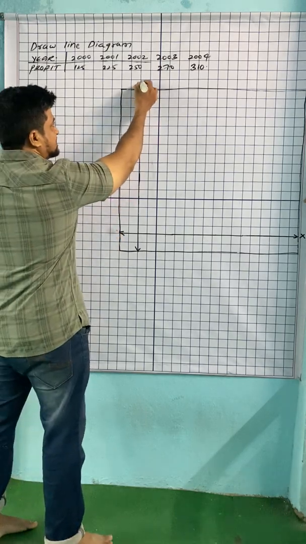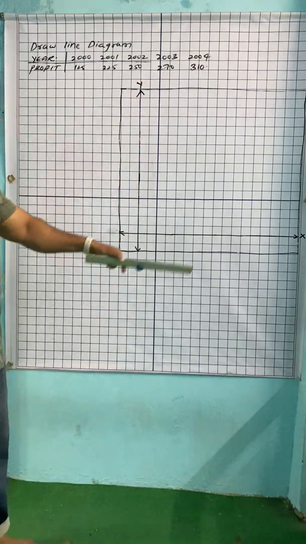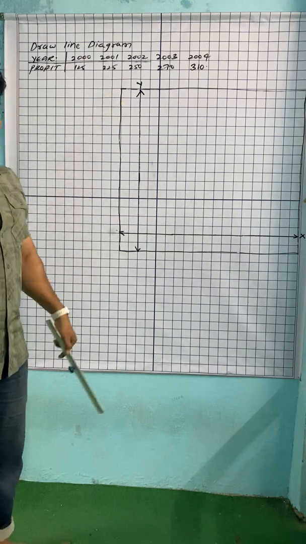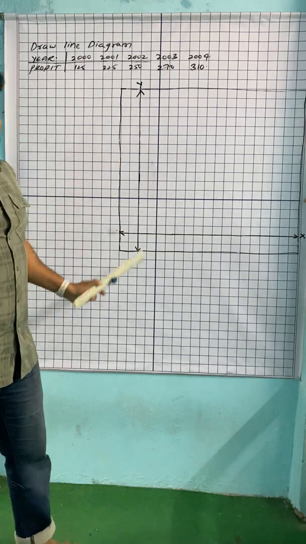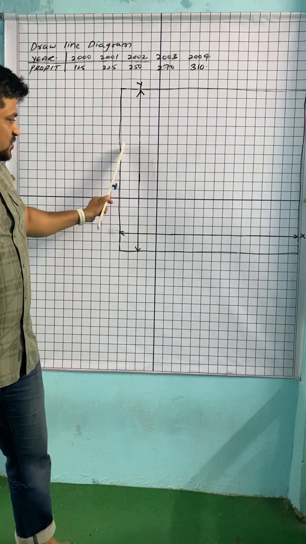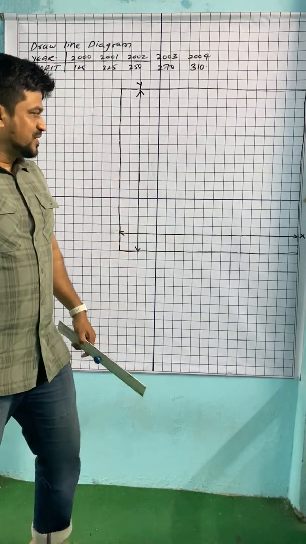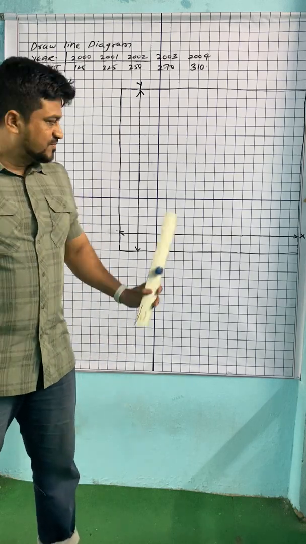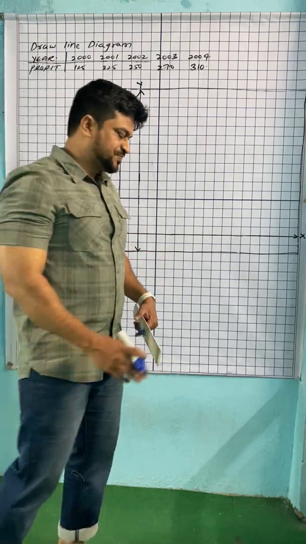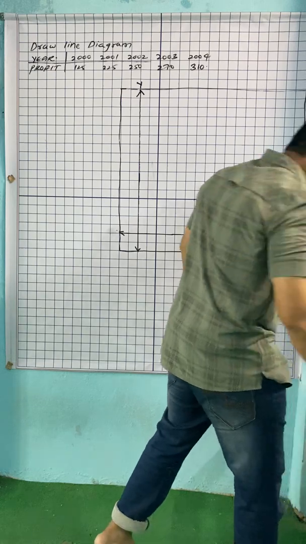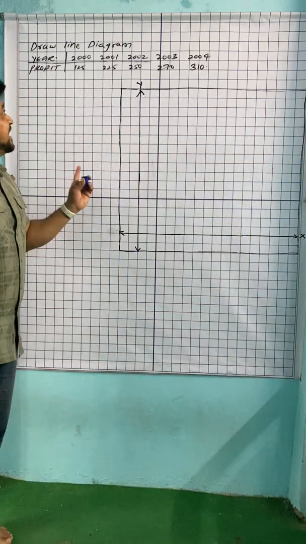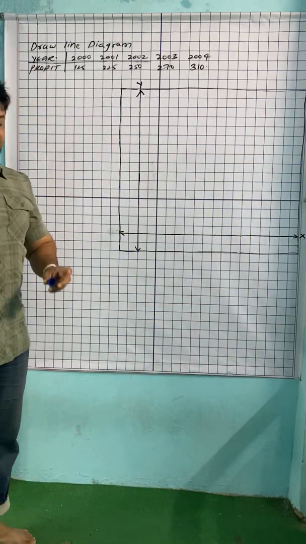Then this is the y scale. We have the x-axis and y-axis. Where have I taken this? On a graph sheet, we have to leave 2 lines on the left side and 2 lines at the bottom. Anyhow, I'll post one graph sheet also. You have to learn how to draw here. Now we are drawing the line diagram. First one is the line diagram.